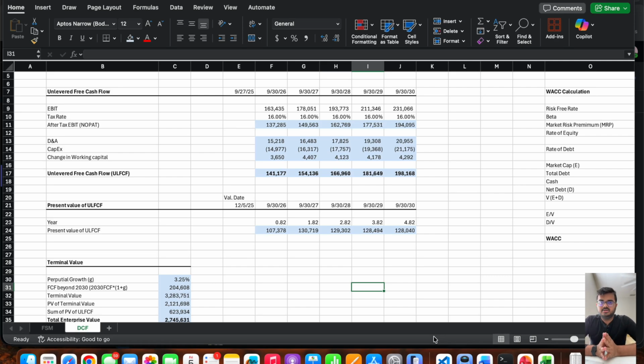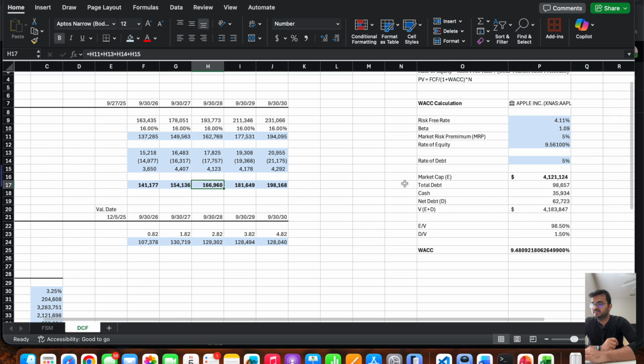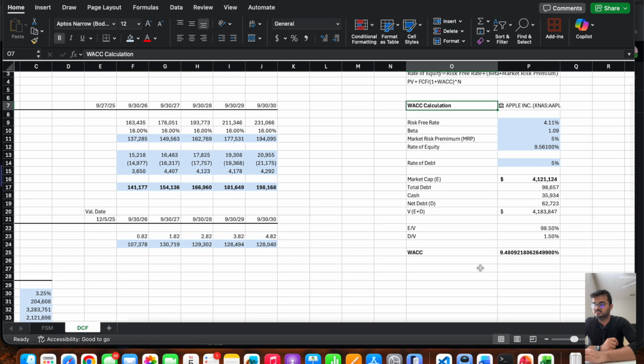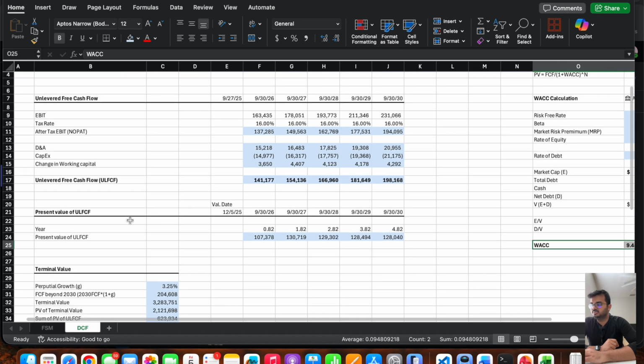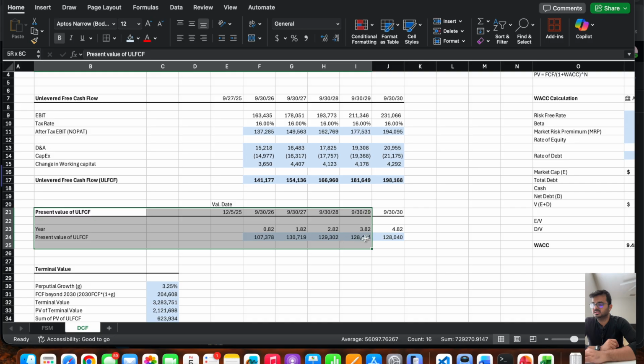Hi, welcome to discounted cash flow valuation of Apple stock. By the end of this video, we will try to calculate the projected free cash flow for Apple for the next 5 years, and calculate the discount rate, commonly called WACC, or weighted average cost of capital. Then use the WACC to discount the free cash flows which have been calculated to the